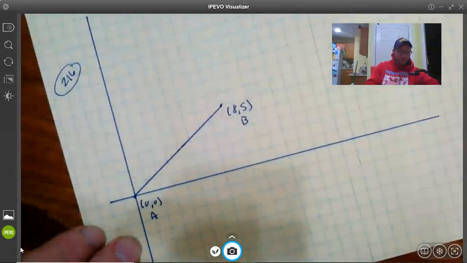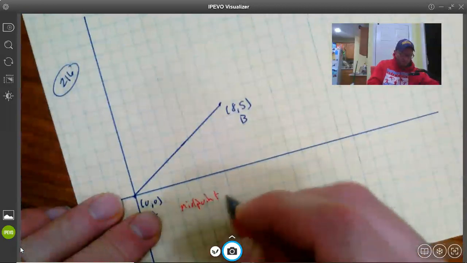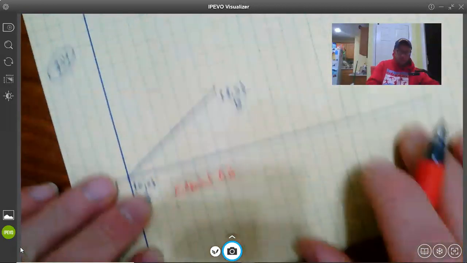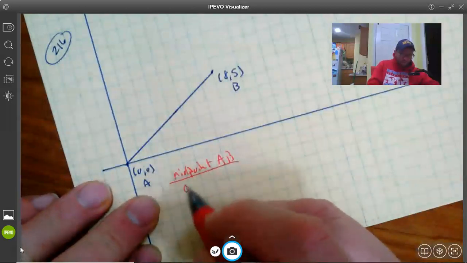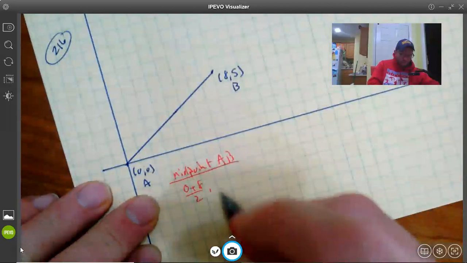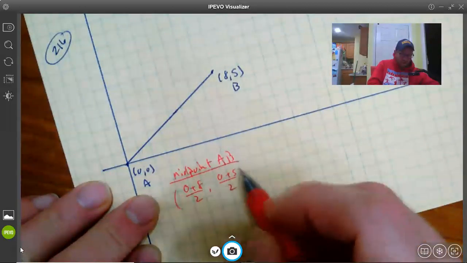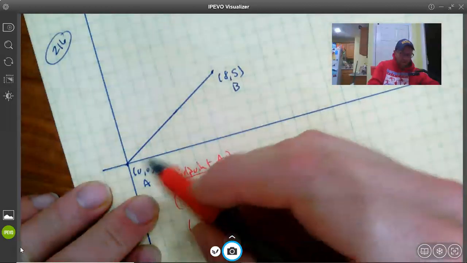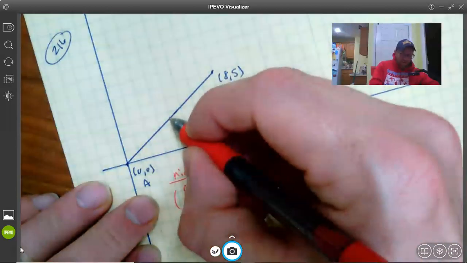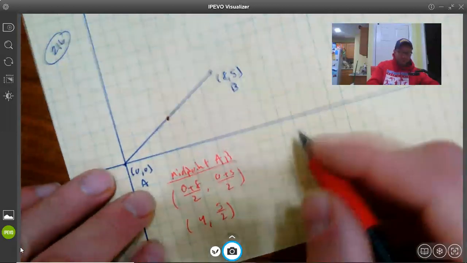So let's take a look. Midpoint of AB is, well, it's going to be (0 plus 8) over 2 and (0 plus 5) over 2, which is really 4 and 5 halves. 1, 2, 3, 4, and up here, 4 and 5 halves. Now to write the equation of the line, we need the slope